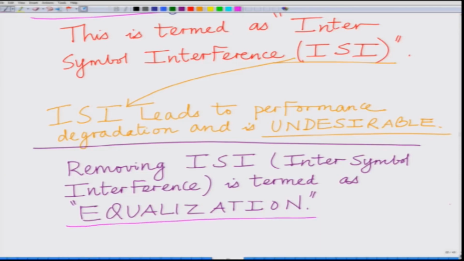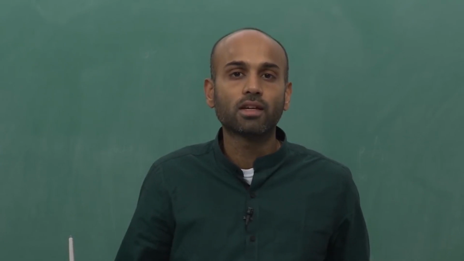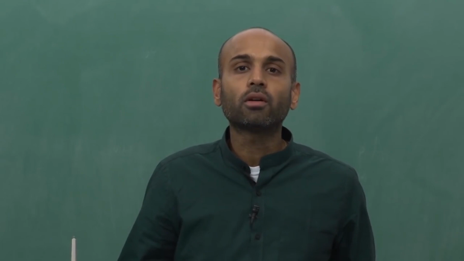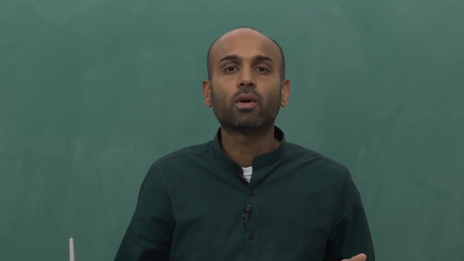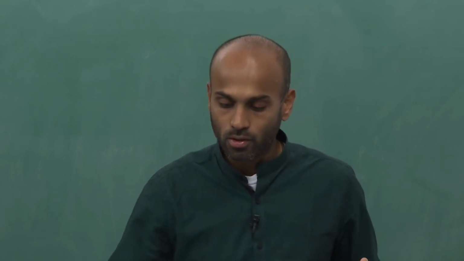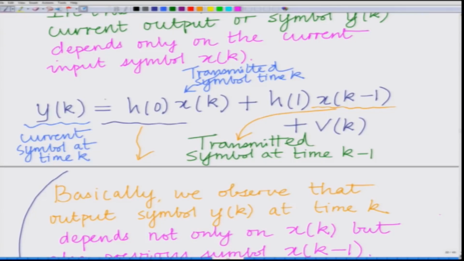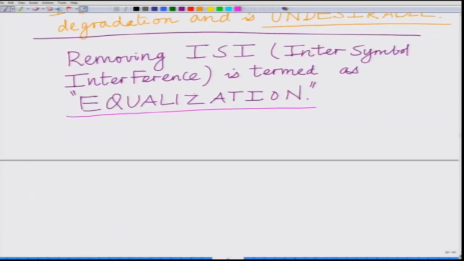So, this process of removing the interference from xk minus 1 on xk, or the intersymbol interference, is termed as equalization. And further, I would like to also point out that the intersymbol interference need not be restricted to xk minus 1, it can be on a larger number of previous symbols. So, here in this system model, I can in general have, that is yk, for a general L,